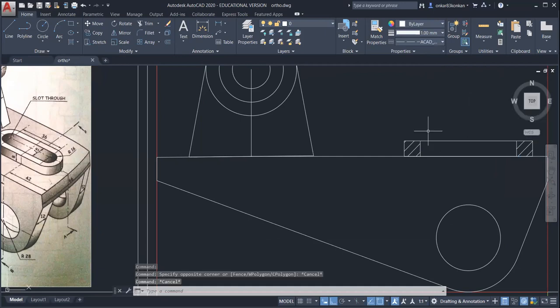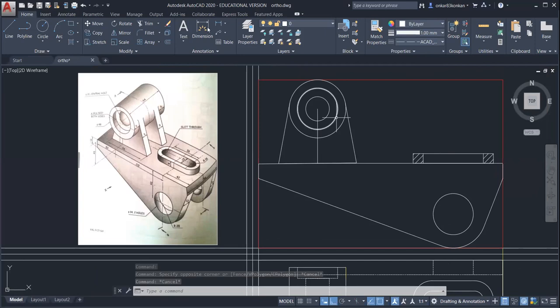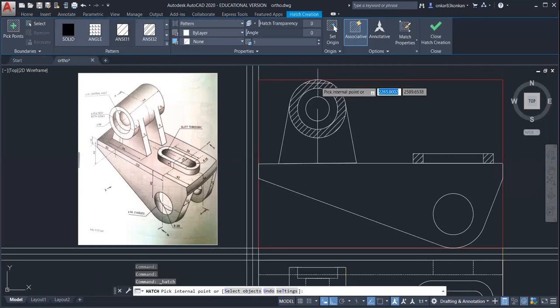Now again here, we need to show the hatching region. So select this hatch. So these two circles will be shown as a hatching region.